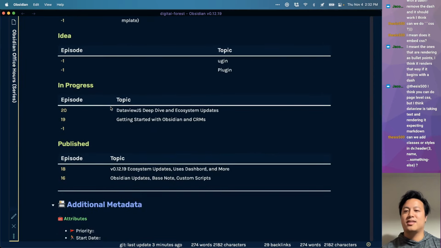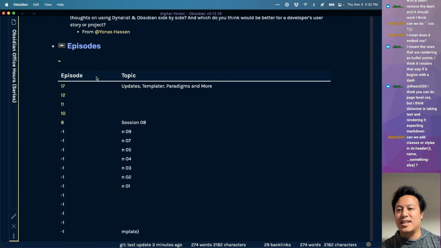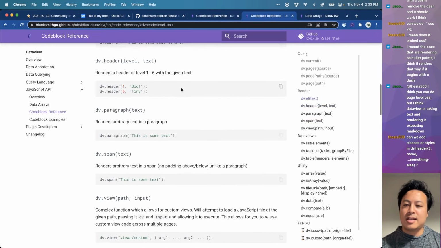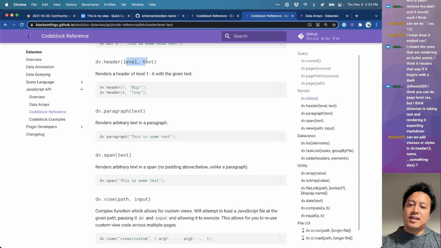Much prettier. Publish, in progress, idea, and then this mumbo jumbo that I need to fix, requires attention. Taking text and rendering, expecting markdown. Can we add a class to our CSS div header? Yeah, Thesis, it doesn't look like the API lets you do that. So here is the div level text, but you're totally right. It would be great if we had a third option to attach the CSS to it,